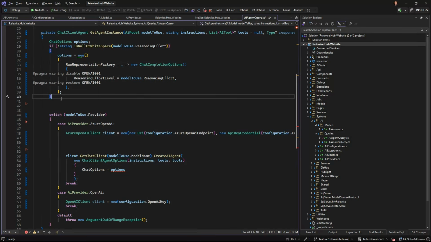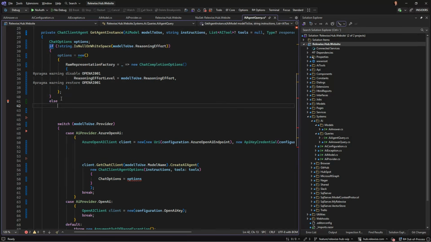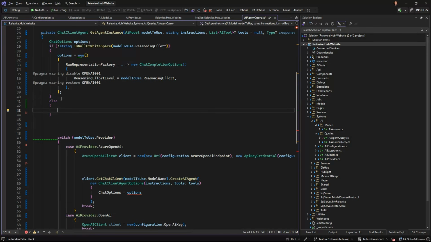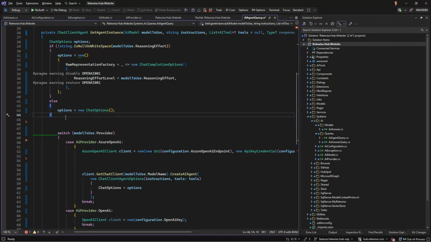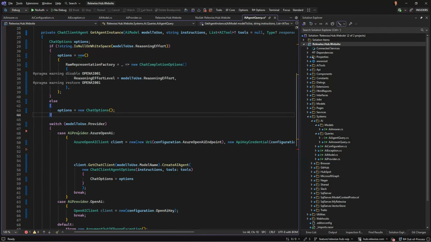That, and else we are just gonna make an empty of them. I think that's the easiest way to do it, so we don't need to have too many steps here. So on the fly we are making options that either use reasoning effort or not. That makes sense.